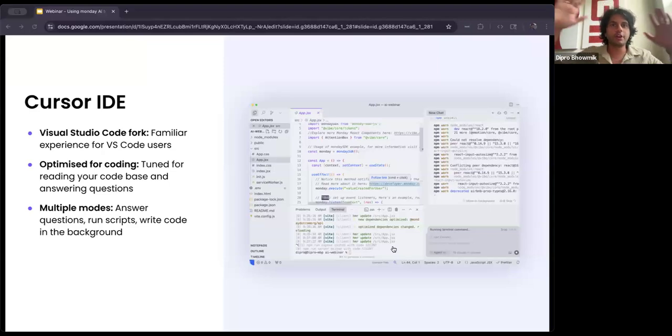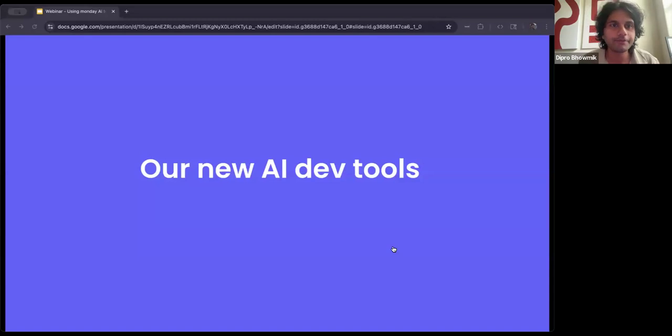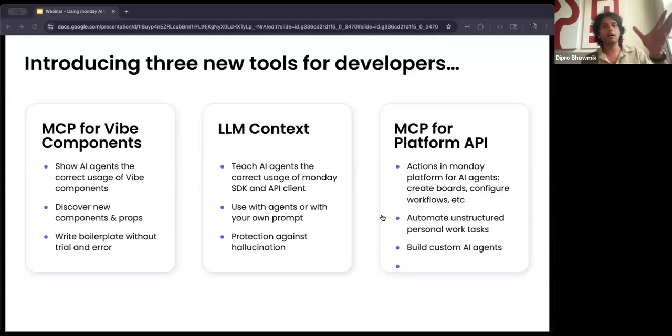All right, so I've talked very generally so far about AI agents, LLMs, and so on, but I hope this contextualizes the tools that I'll be showing today. I'm going to show you three tools today. Number one, an MCP for Vibe components. Some tools for giving LLMs more context about using Monday. And I'm also going to show you an MCP for using our platform API so you can actually do stuff